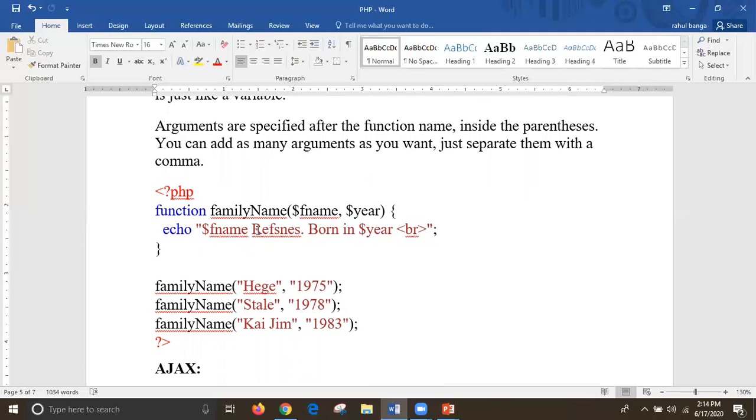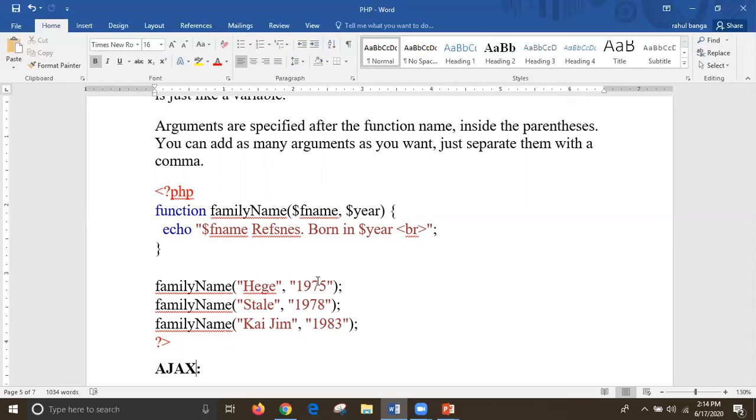If you want to add a value, then do it directly in the function call, but if you want to add a reference, then that is also possible with the help of object creation. So this is all about functions. How can we create user defined functions? How can we call that particular function with the help of arguments? If you want to add multiple arguments, then you have to separate the values with commas.